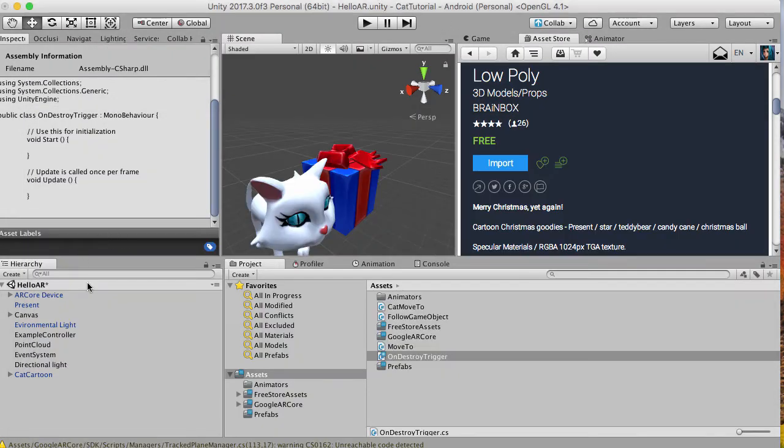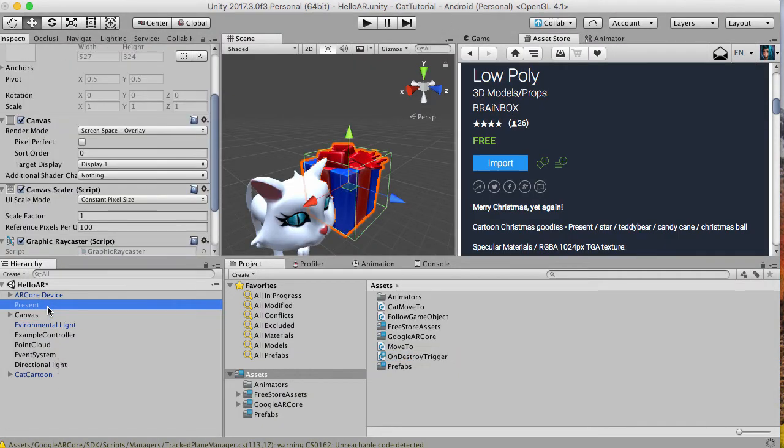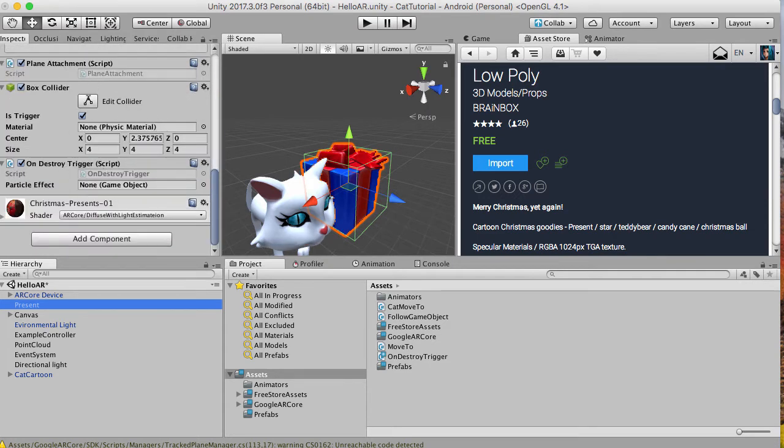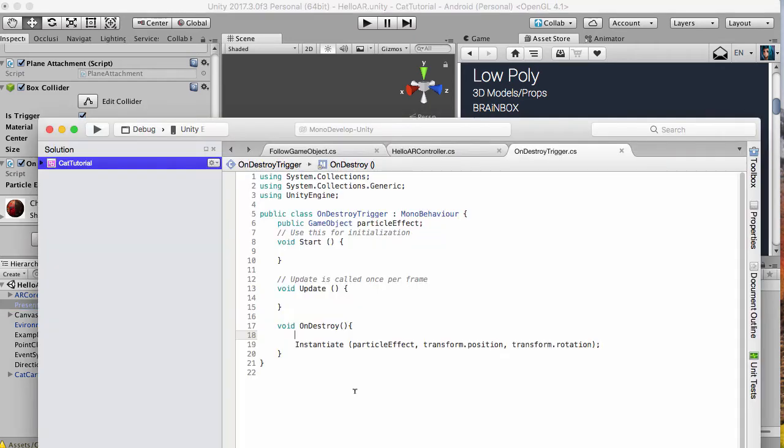so now our present, when it gets destroyed, why don't I just wait for this to load. When something collides with it, it will run the destroy code. The destroy trigger will start a particle effect. Now we don't have a particle effect, and we don't actually have anything colliding with the box yet because we haven't done anything to the cat. So before I even run this code, let me just comment this out, save it, and let's go back here